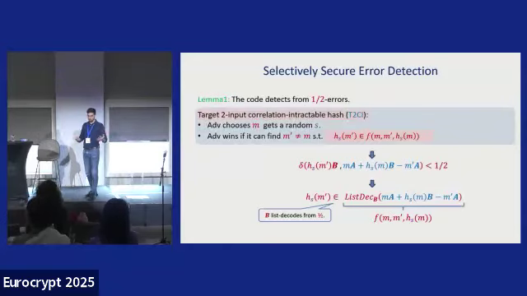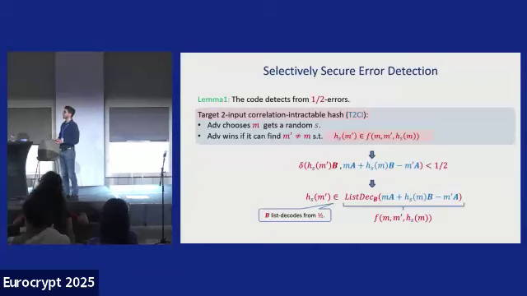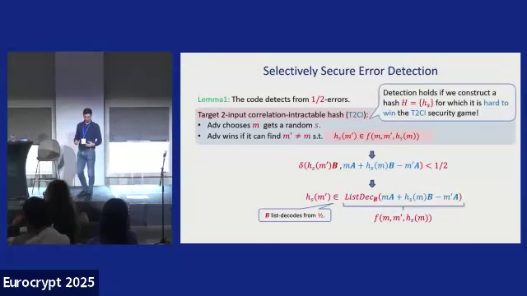So I'm going to define a security game that says the following. The adversary wins if it's able to find an M prime such that h of M prime is inside this efficient function. And we call this notion targeted two-input correlation interactability because it's a selective notion of security,